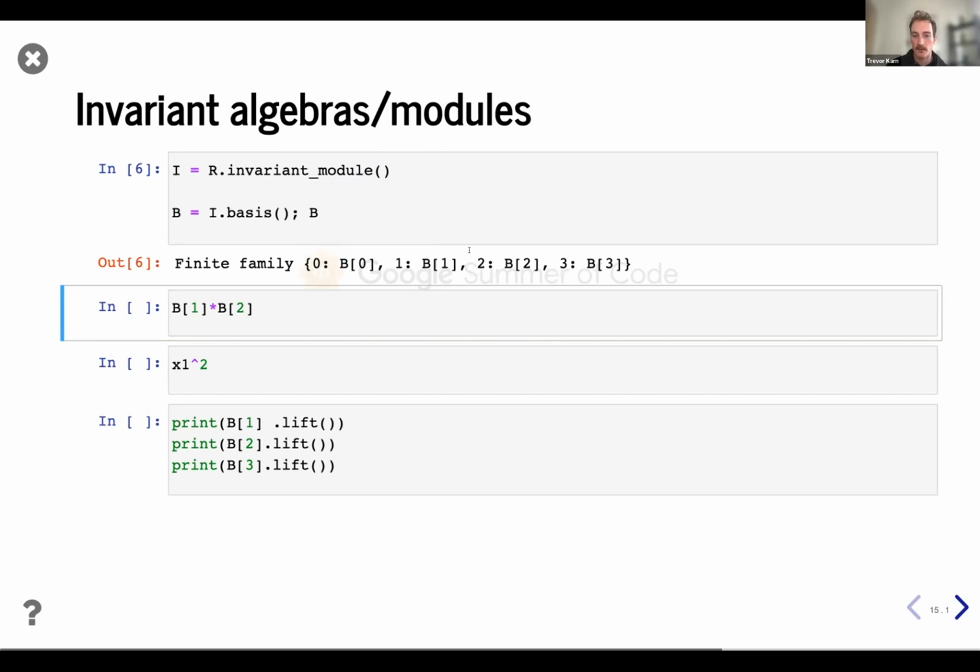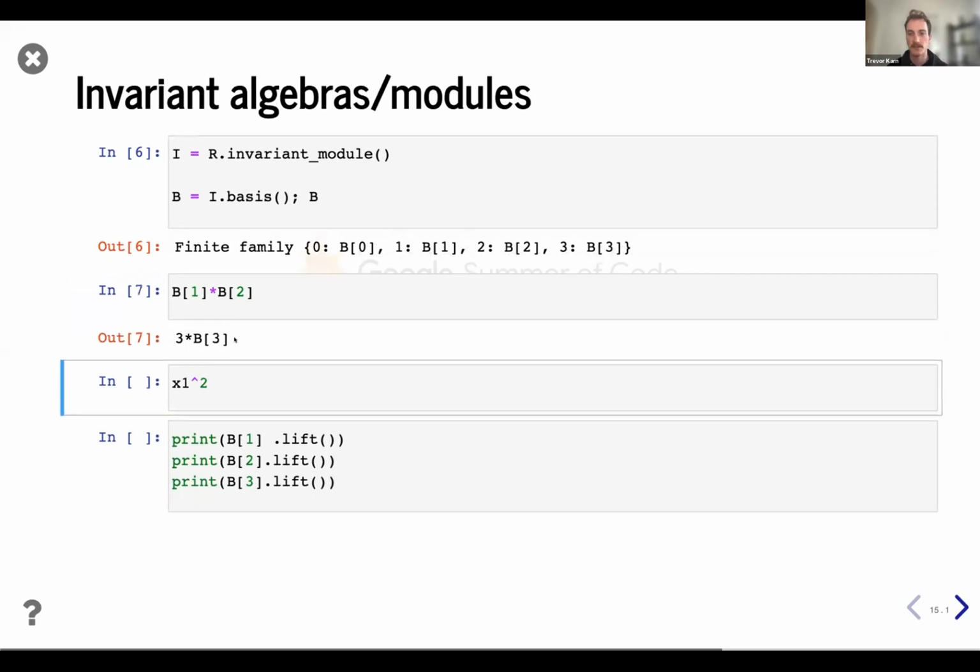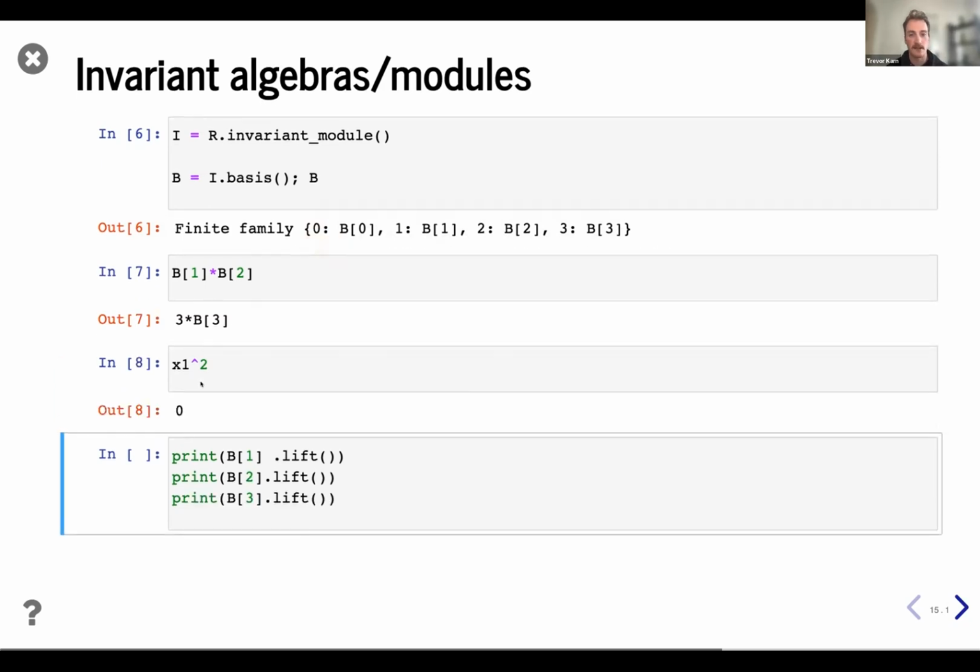Sage will go ahead and re-index this basis, so it's a little simpler to look at. And we can even multiply B1 times B2, and we see that that's 3B3. Great. And just a reminder that anything squared should be 0. But it's also not super helpful